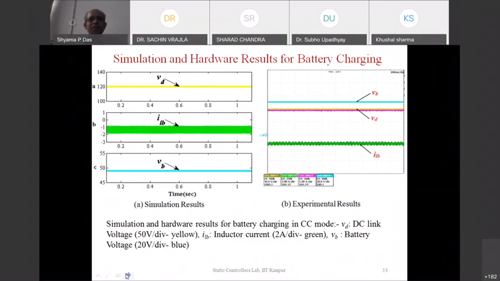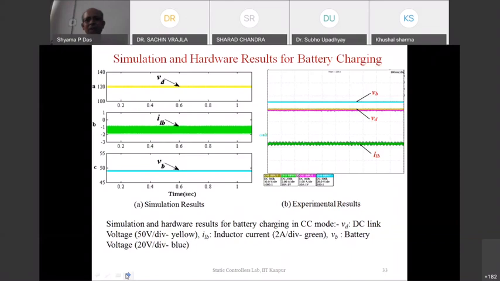We have the simulation result for the battery interface converter. Now we can see that the battery voltage here is very close to 50, and then this is ILB. So this is a negative current. The negative means we are basically discharging the battery. And then the DC link voltage is exactly 120 volt.